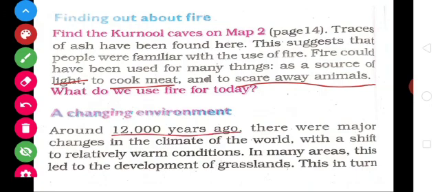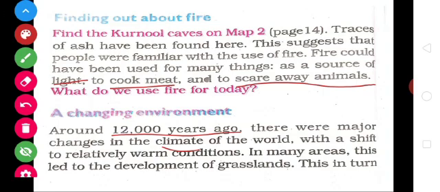And a changing environment. Around 12,000 years ago, there were major changes in the climate of the world with a shift to relatively warm conditions. In many areas, this led to the development of grasslands. See, before 12,000 years, there were major changes in the climatic conditions, so that led to the development of grasslands